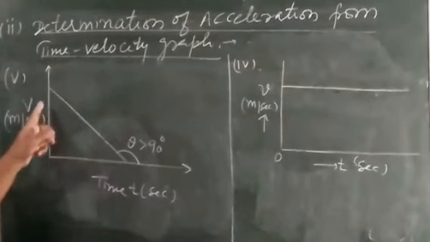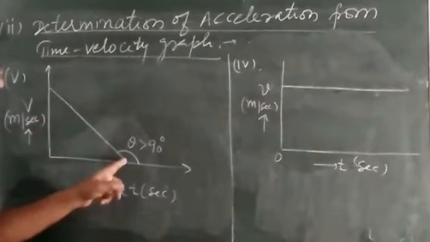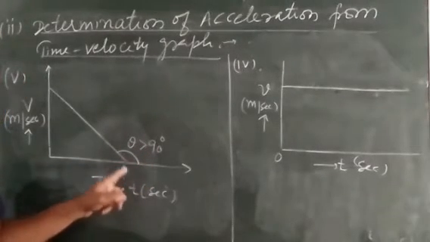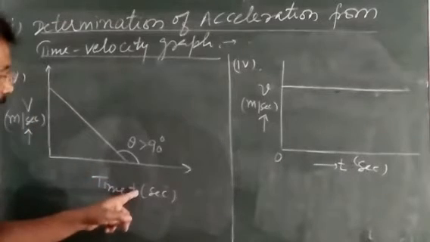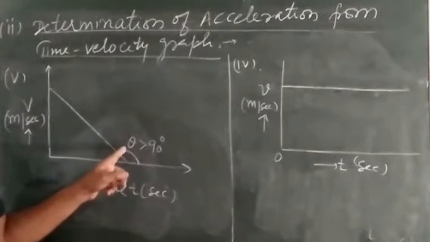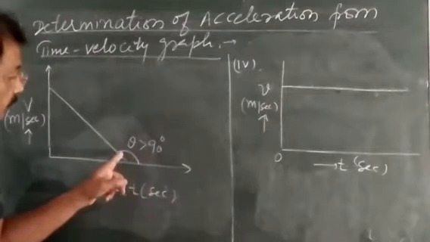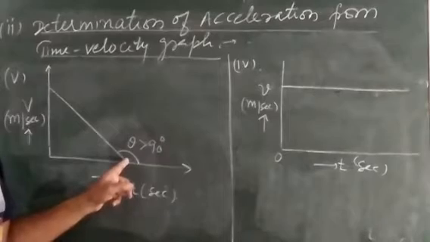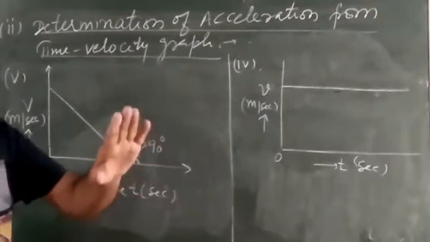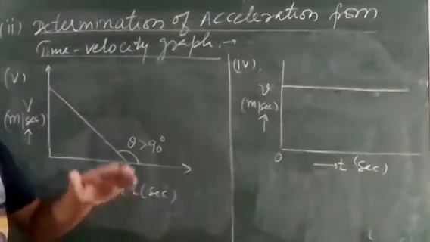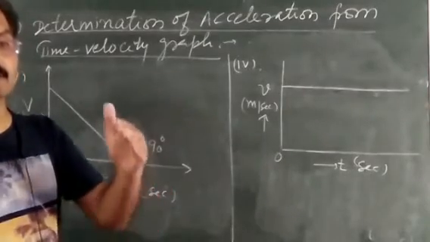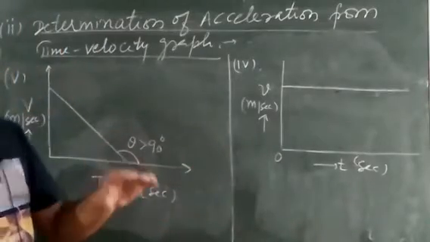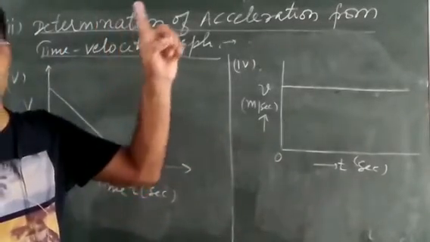Next point, if the time velocity graph line makes an angle greater than 90 degree with the time axis, अगर एक time velocity graph line time axis से angle बना रहा है greater than 90 degree, it means in this case the slope of this line becomes negative, and negative slope means its acceleration becomes negative। और नेगेटिव एक्सेलरेशन का मतलब होता है कि बॉडी क्या कर रही है? रिटार्ड कर रही है। इट मींस रिटार्डेशन इज टेकिंग प्लेस। तो याद रखिएगा वहां हमने जगह बताया था नेगेटिव वेलोसिटी।